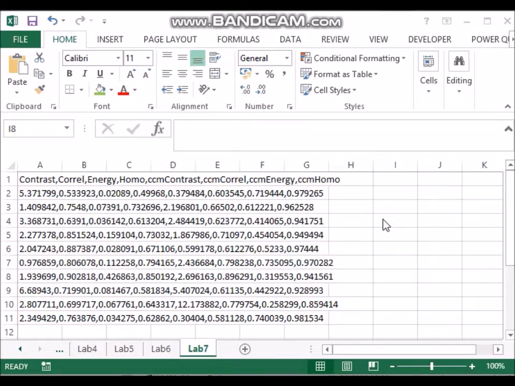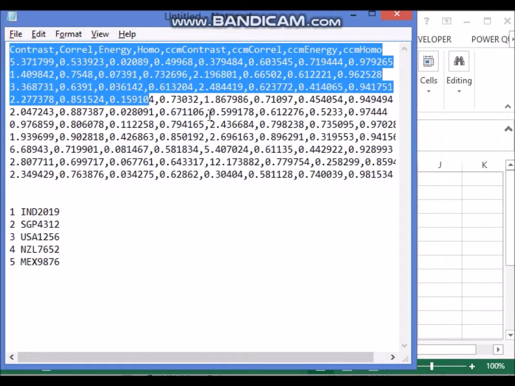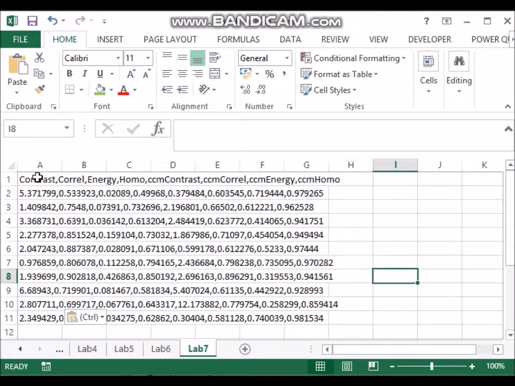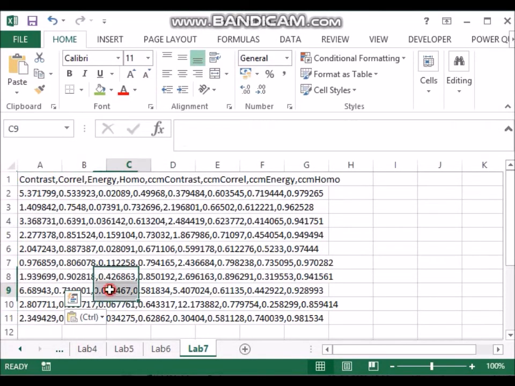Sometimes when we start work on Excel, we may get data in a comma separated manner. In this case, you can see each column is separated with comma. We may have got it from the internet, we may have got it from a text file, but we notice all the data is separated with a comma. Now many times when we are in such a situation, we will want to extract these numbers into different columns rather than keeping them all together in one single column. So how do we extract them to a different column?